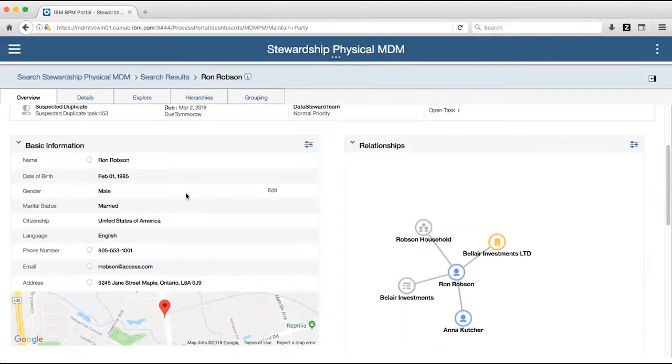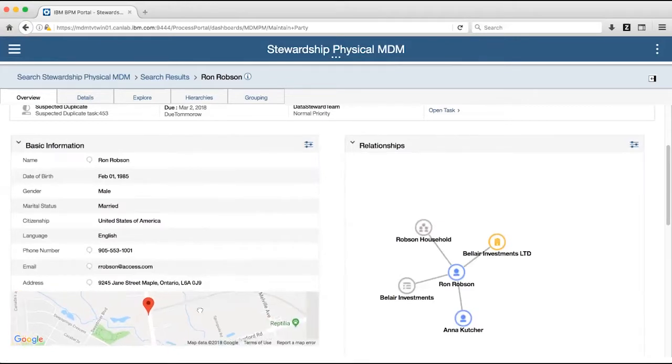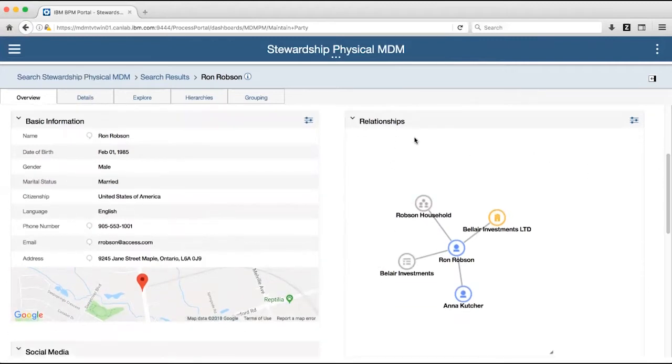Data stewards can also use this screen to view and maintain key information about each person, such as date of birth, gender, language, contact information, and address. And an interactive Google map enables data stewards to see the actual location of the person's primary address in a visual way. We can also view and explore Ron's relationships to other entities, such as his spouse,